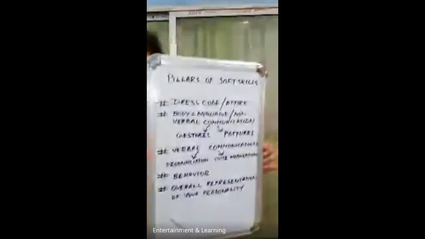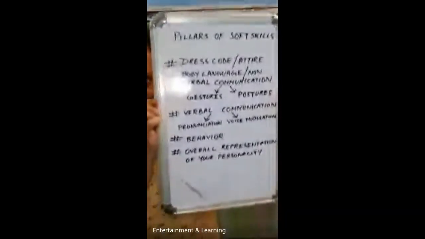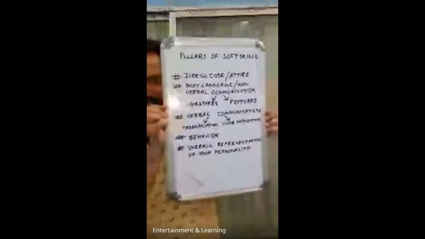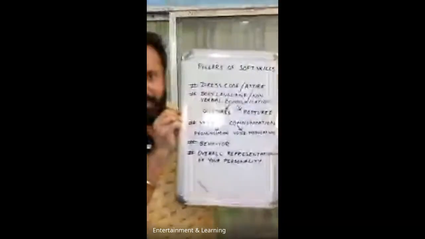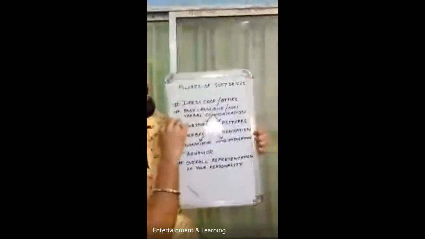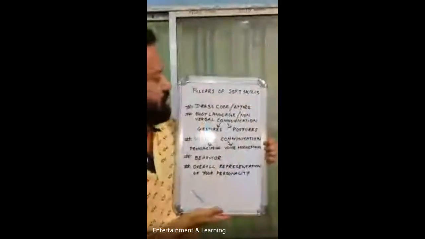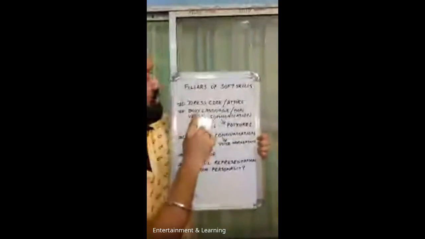Anyway, let's begin. So I was talking about the 5 pillars of soft skills, that is, the basic skills that you need to develop within yourself. I have a small whiteboard on which I have written all the 5 points, and then I will be explaining them to you one by one. So here you go. I hope you can see that. There is some light reflection, as I can see myself. So the first point under pillars of soft skills is